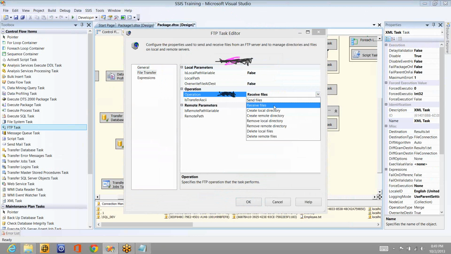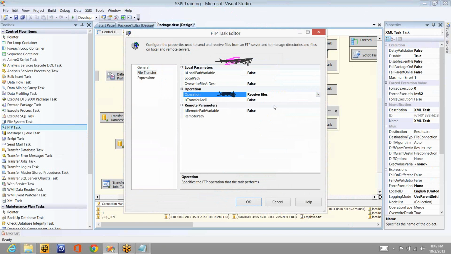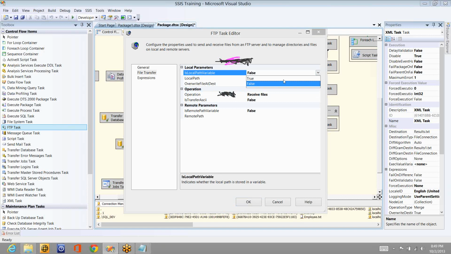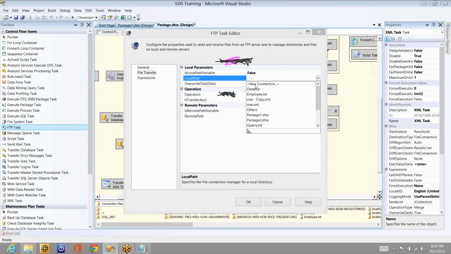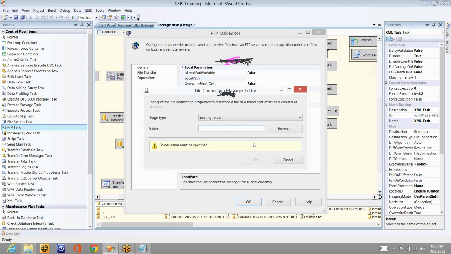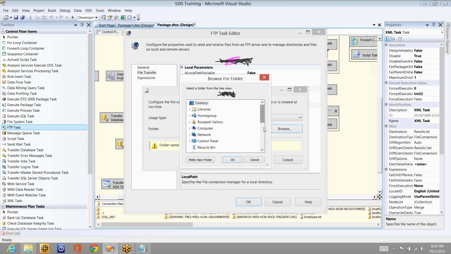Now I set the connection, so I'm going to receive files from there. Now let me set the local path, where I have to copy the file. If I get the file from the remote server, I have to set where I need to copy it. It's asking whether it's a variable or not. It is not a variable. I'm going to select the path directly. Let's say I'll set it to desktop, or some existing folder I want to copy the file into,